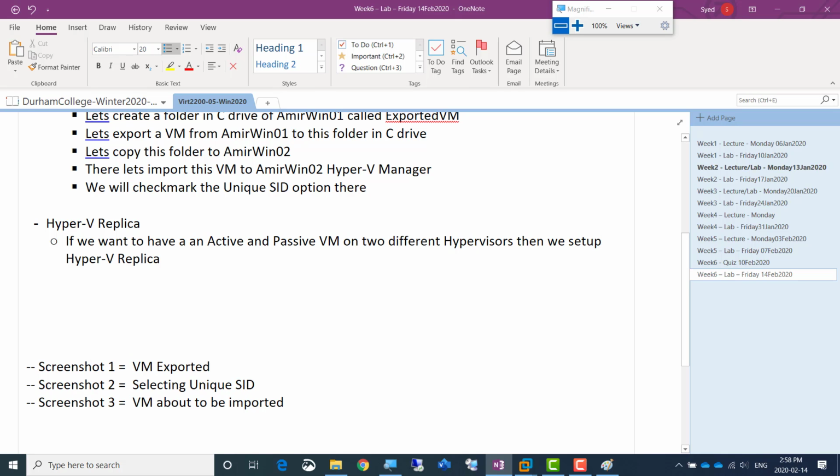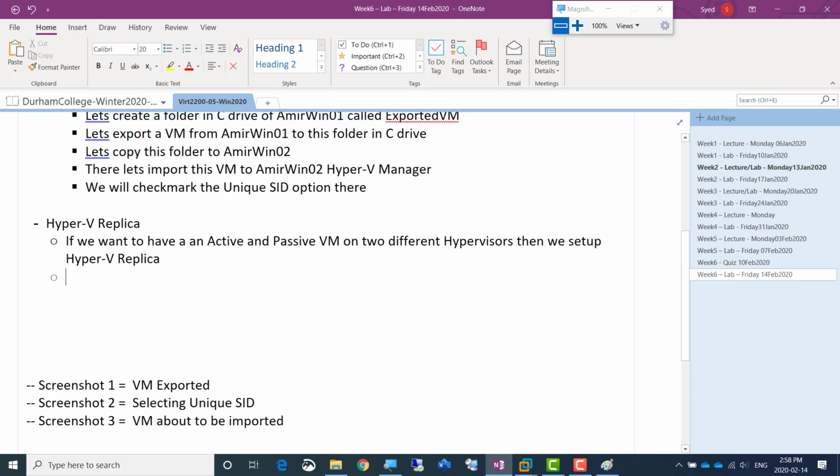It is called fault tolerance in VMware, and it is called Hyper-V Replica in Microsoft. So in a virtualization environment, if we want to have an active and passive VM on two different hypervisors, we set up Hyper-V Replica, and there is not supposed to be any downtime